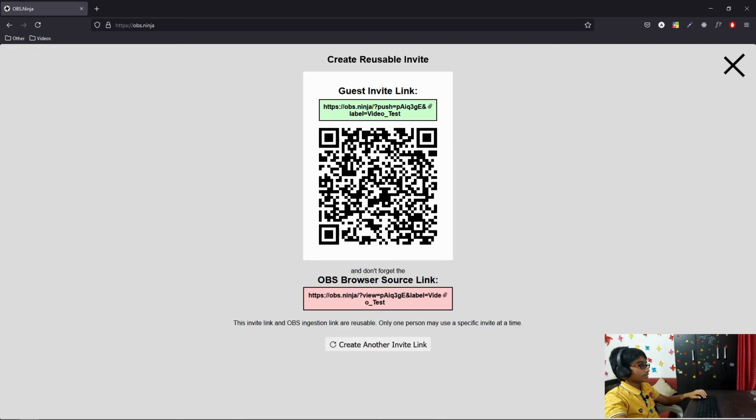So now we can just generate the invite link, and now you want to send this link to yourself or your email on your phone, right? So you just want to copy it and then send it to yourself, and then you want to open that link, and then you want to click share your camera. There will be an option right there, and then just configure the settings for that, whichever camera you want to share, all of that stuff. And then after that, you see this, right? So we're just going to copy that, and then here in OBS,